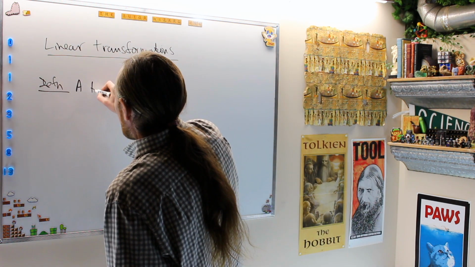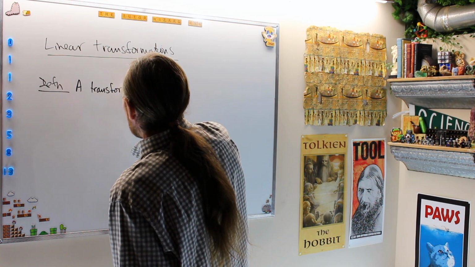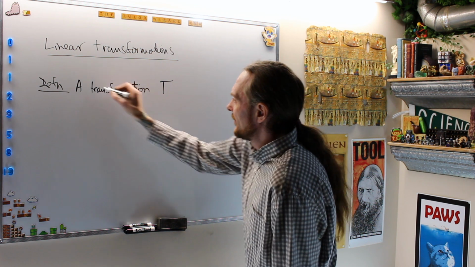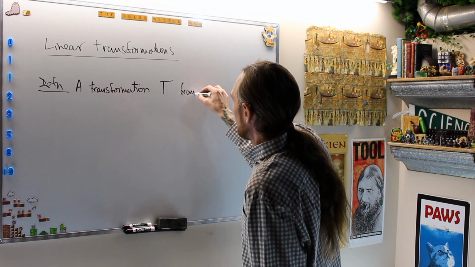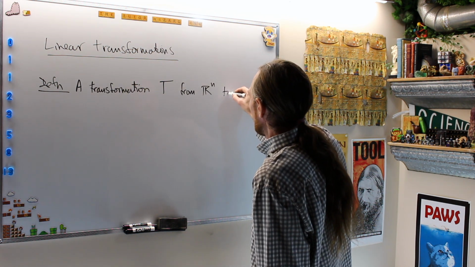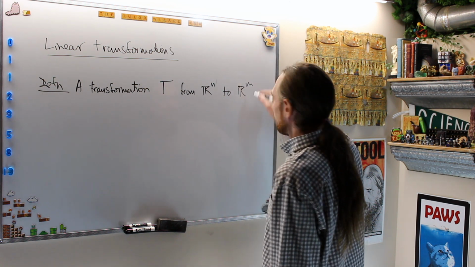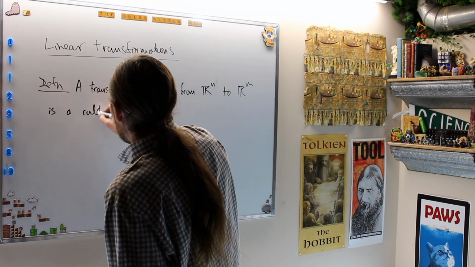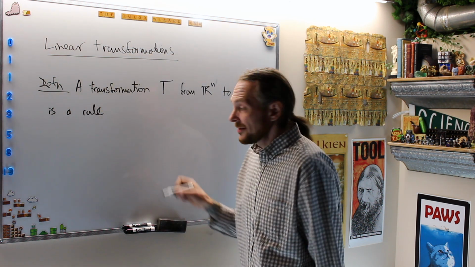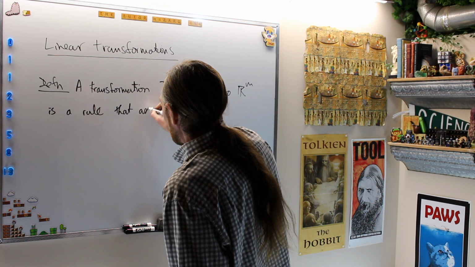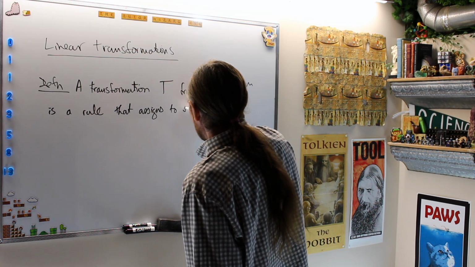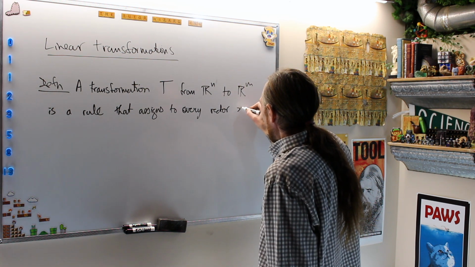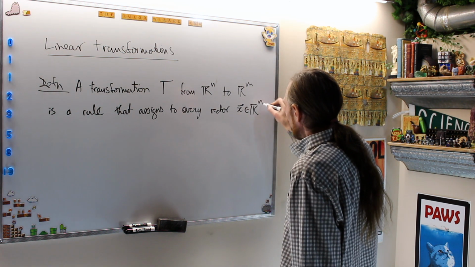So a transformation T from Rn to Rm is a rule, essentially, just like functions, that assigns to every vector x in the domain